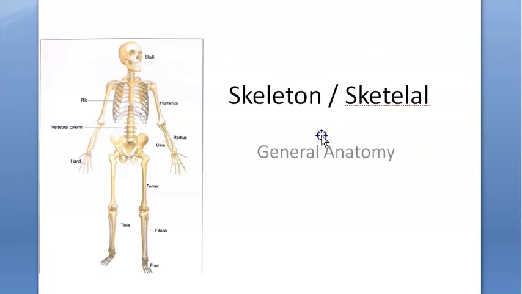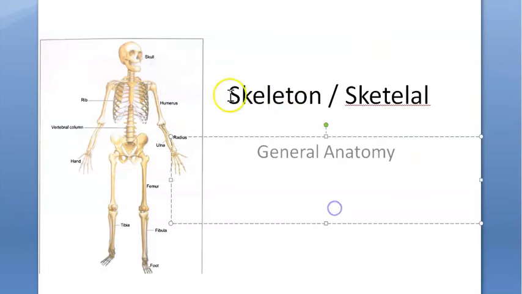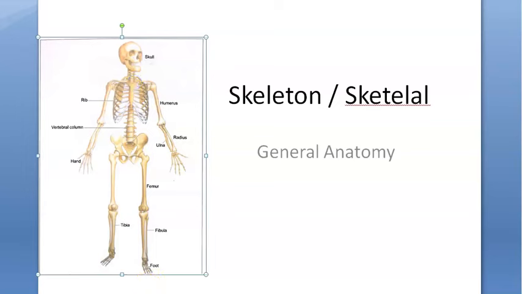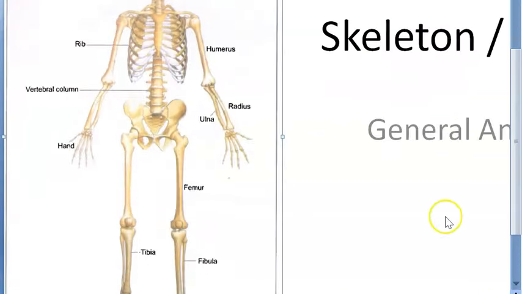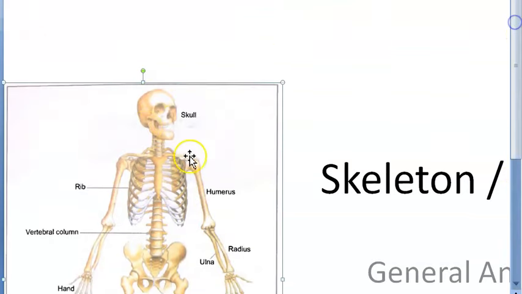Hello people, in general anatomy, now let us look at the skeleton, skeletal anatomy. So basically this is cadaveric anatomy, that means you're using a dead body or dead part to study anatomy. Here in the skeleton, the main thing is you should know the skull, everybody knows, the ribs, I think everybody knows. The humerus, this bone is the humerus, guys, in your upper limb,